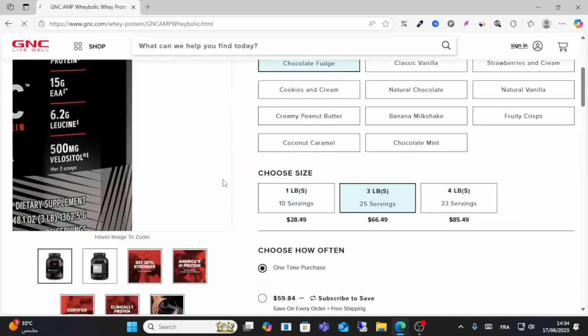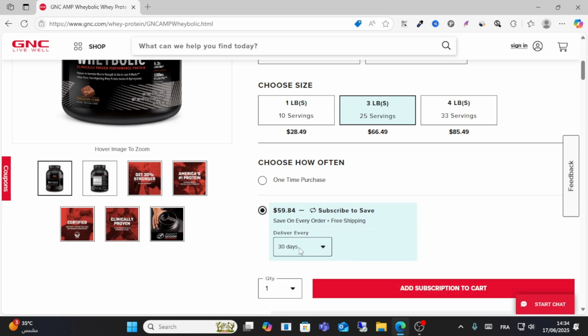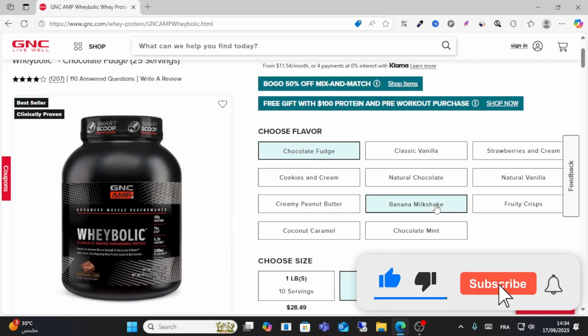for this page to load. Scroll down and click, you see this icon, guys, save on everyday order and plus free shipping. Click this icon and choose the delivery and click add subscriptions to cart, or on the top right corner